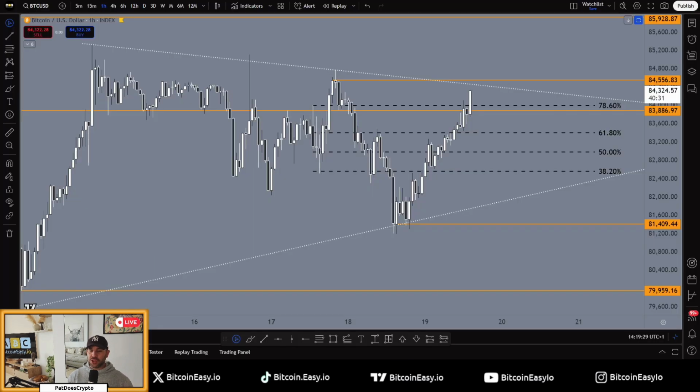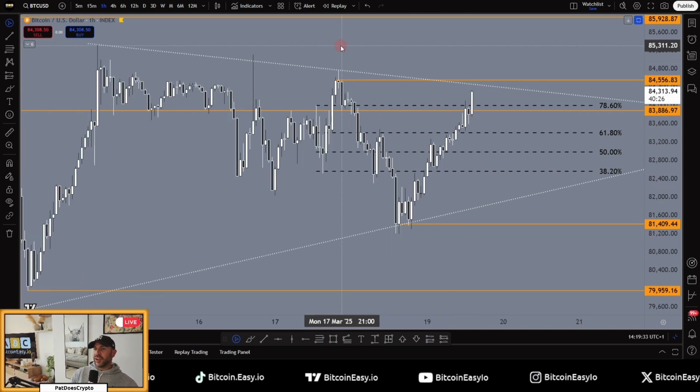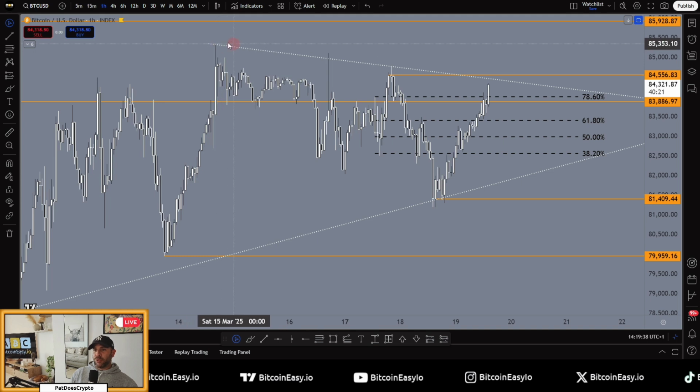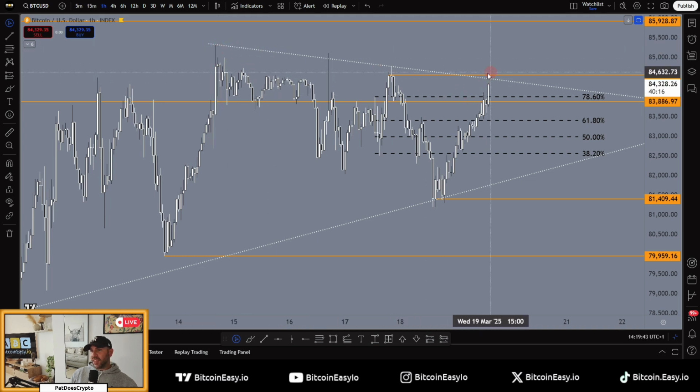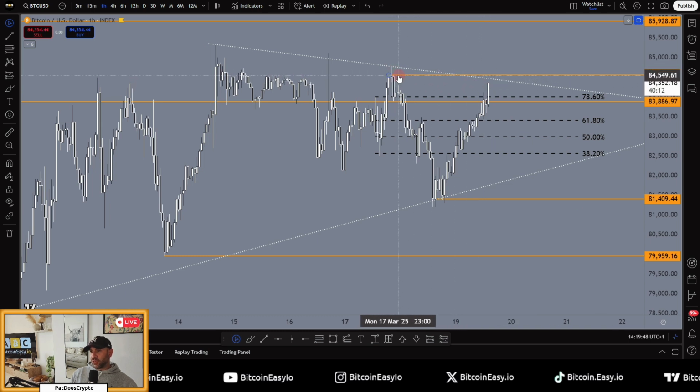Now let's go straight into the charts. We're starting out on the hourly chart and there we can see it already. Here, Bitcoin approaching a key area. First thing that we want to look at here is the current trend. We can see that at the local range here, we've been forming lower highs and Bitcoin is getting right into that area where it's testing the previous high of that range, which of course on a closing basis is